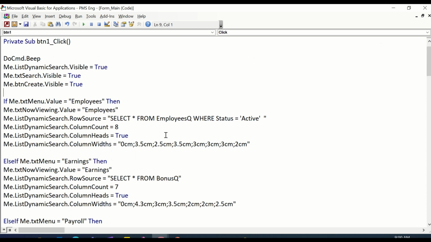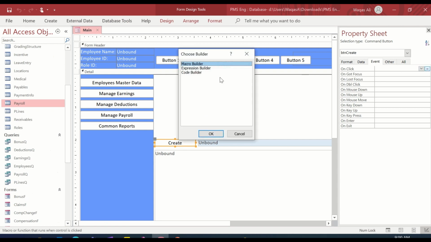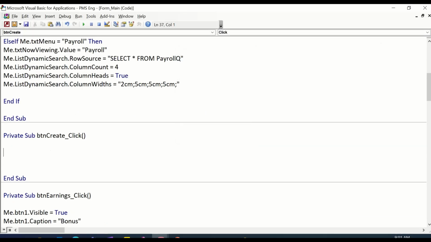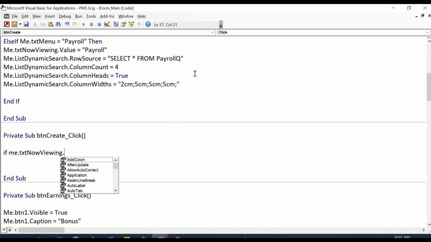Okay, talking about create button, I need to see one more thing, and that is what this button does. At the moment, there is nothing. So let's go ahead and do some VBA coding behind that as well. So dot dot dot code builder, and we say if me dot txt now viewing. So we are going to refer to txt now viewing text box in here. You see the benefit of having those text boxes on the top. That's very important. So if me dot txt now viewing dot value is equal to